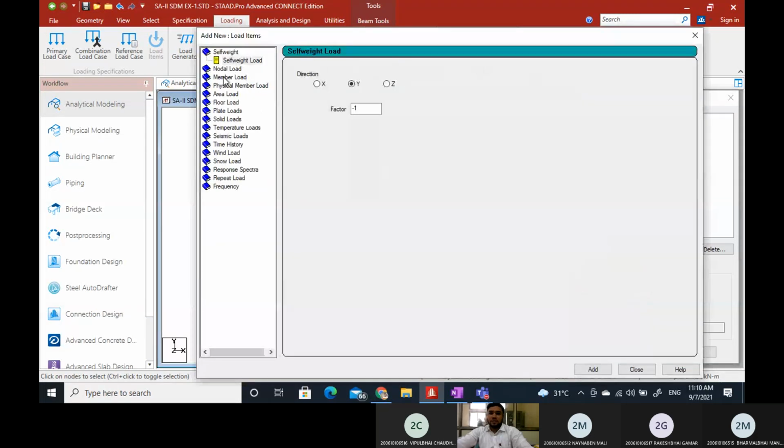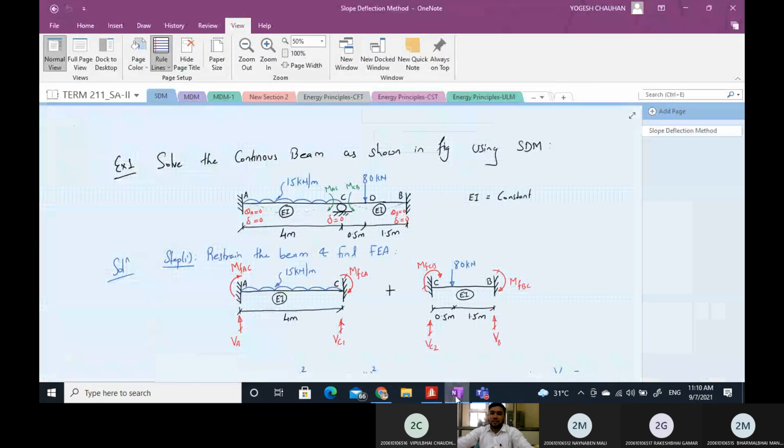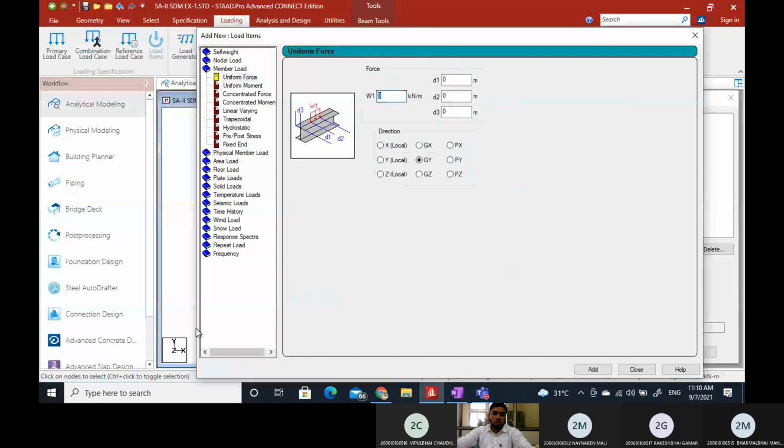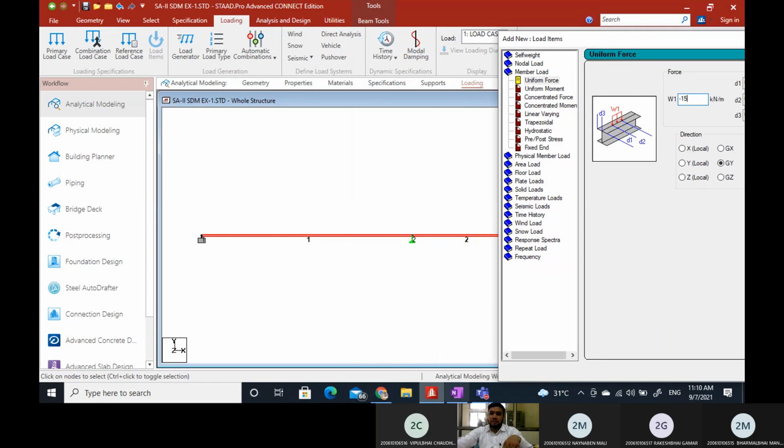Now first we have to go to member load. Now this is UDL, so uniform force. Uniform force means it is a UDL, and the intensity of UDL is 15 kilonewton per meter, and it is acting in downward direction. So we have to enter minus 15 here, because this is global Y, and global Y is in upward direction. So we enter minus 15, because we have to apply load in downward direction, and it is to be applied throughout the member AC.